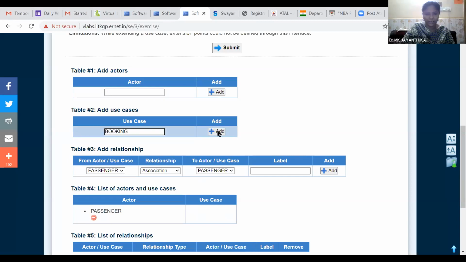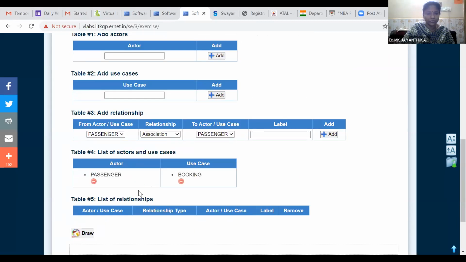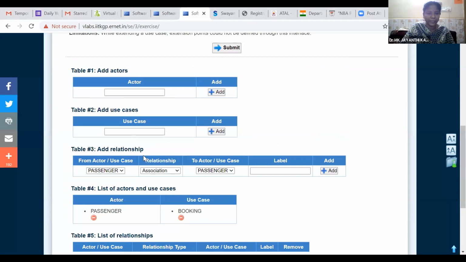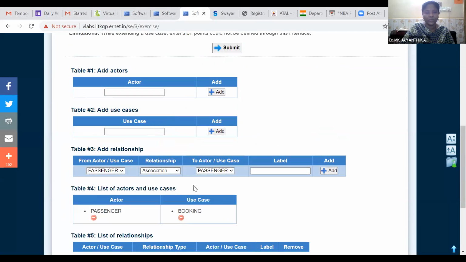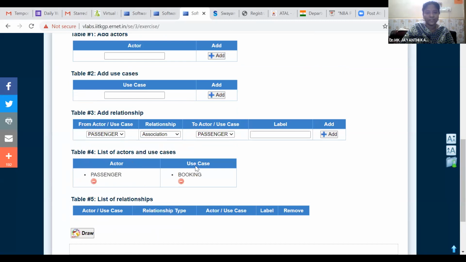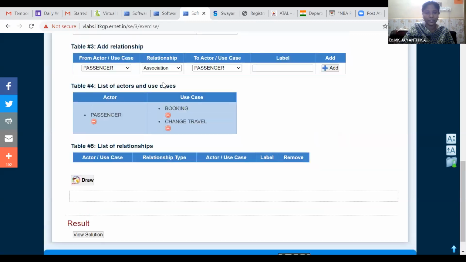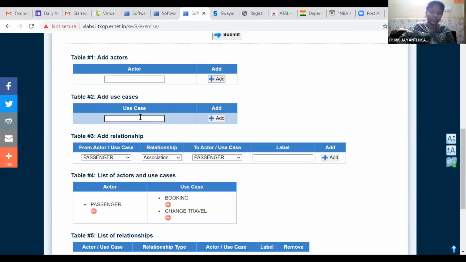When we added the passenger, the actor passenger is added. We added the function as booking ticket, so the use case is added, and change in the date and travel time, change in travel. So that is another use case, or canceling the ticket.